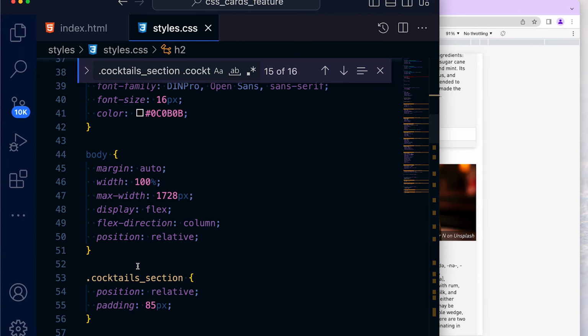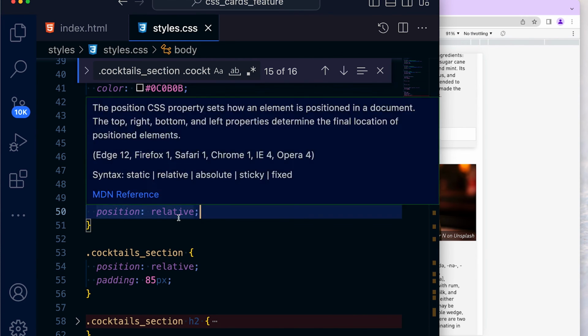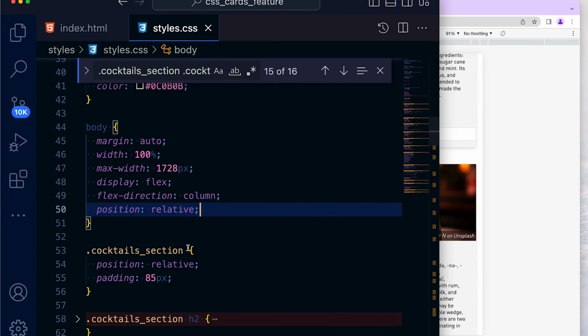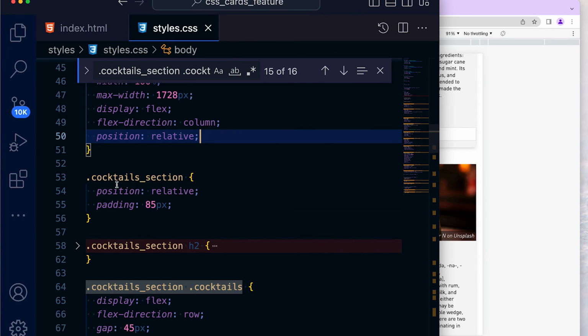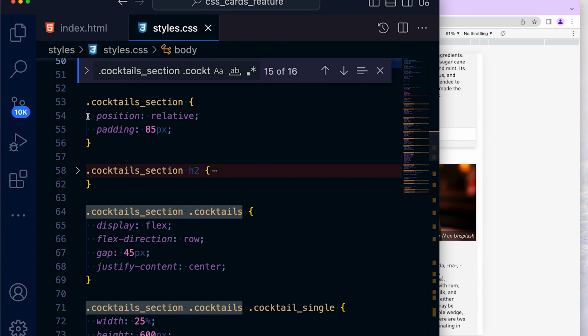Then we added the styles for our body to make sure that our screen will be maximum 1728 pixels. So if the user has a bigger screen, the size of our app will still be 1728 or less. Then we are adding some values here to our cocktails section,